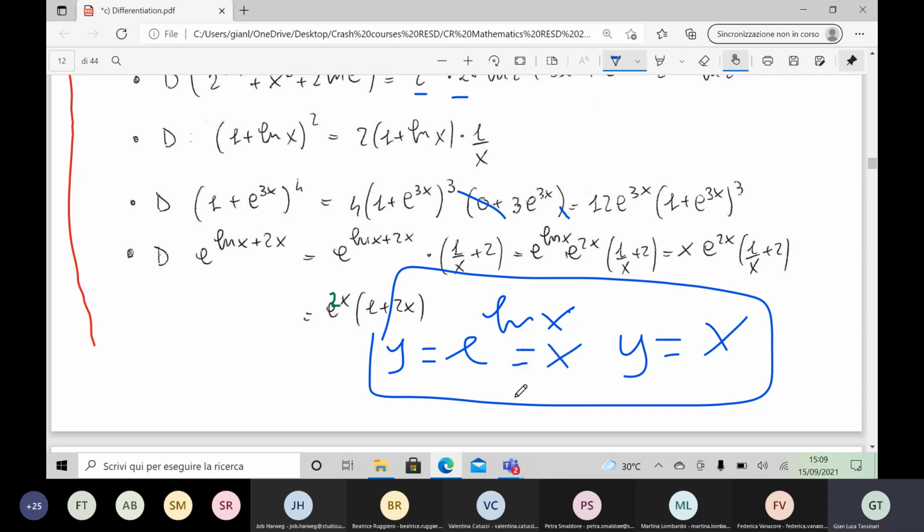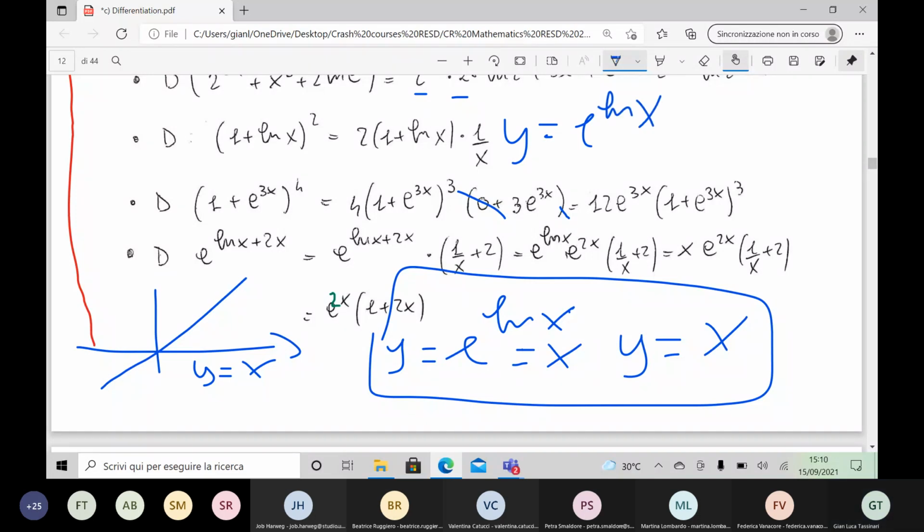So I'm asking you, y equal to e to the power ln of x is equal to x, therefore this function is equal to the function y equal to x. Which is the graph of the function y equal to x, guys? It is the bisectrix of the first and the third quadrant. So this is the graph of y equal to x. So if I ask you, plot the graph of y equals e to the power ln of x, you write,